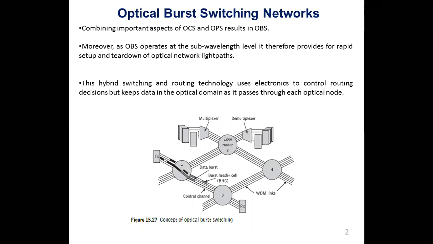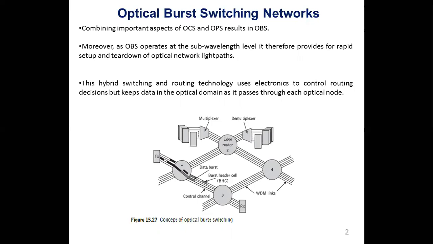of the syllabus. So OBS, or optical burst switching, basically will combine the important aspects of circuit switching and packet switching. So we already know what is the difference between circuit switching and packet switching. Circuit switching will establish a connection between source and destination beforehand, whereas packet switching will allow the packets to be transmitted at different times, and then at the receiver, these will be combined together and sent at the receiver or the destination. So what is the difference between those two and burst switching?